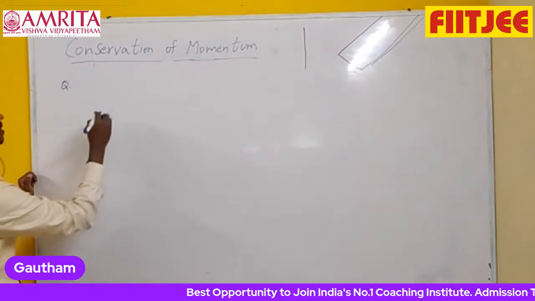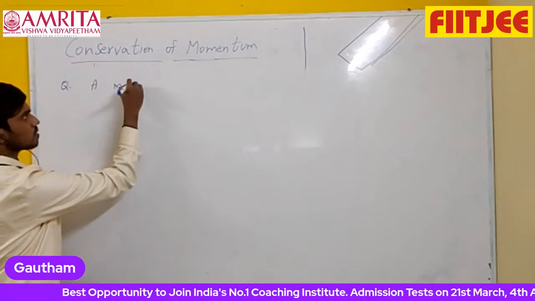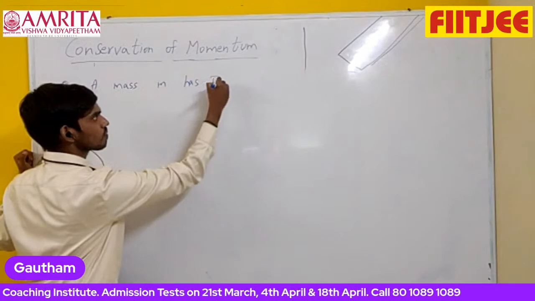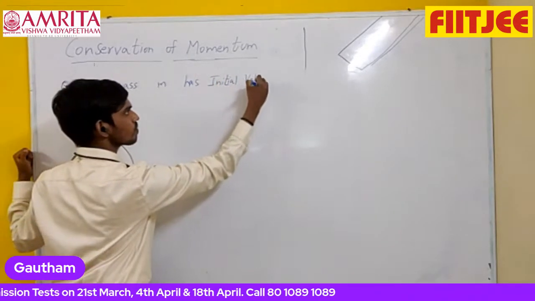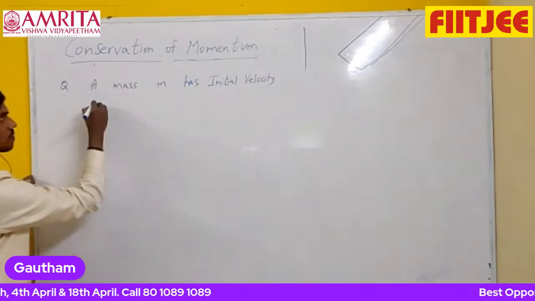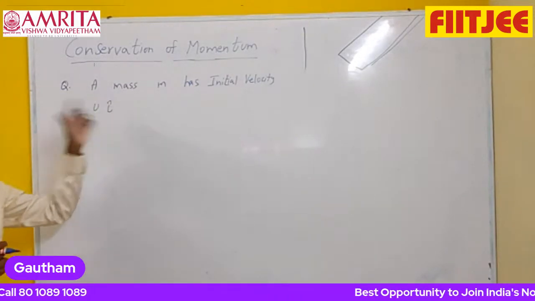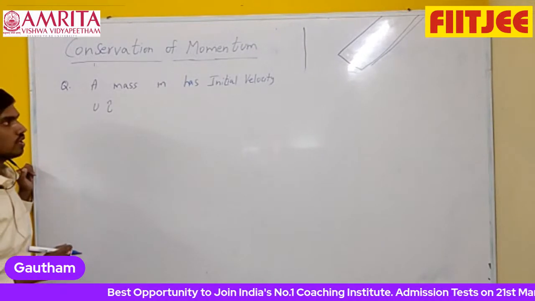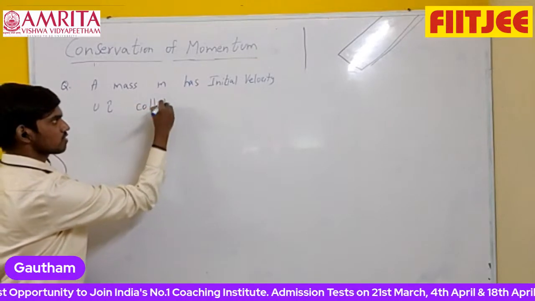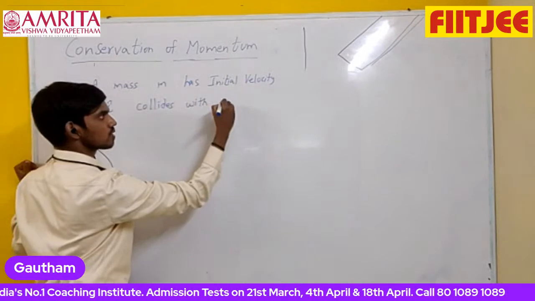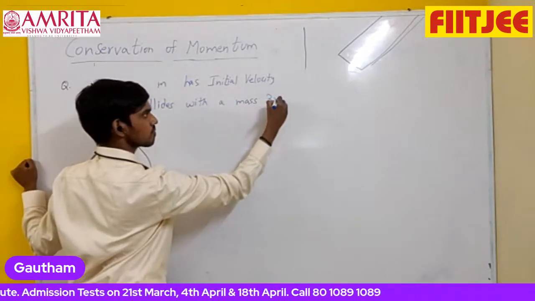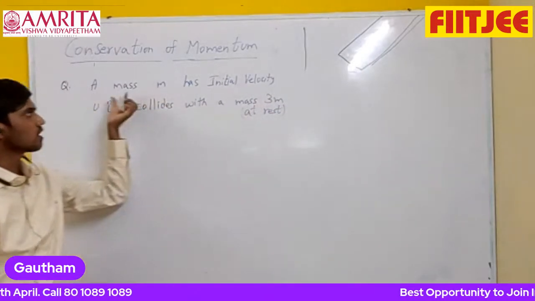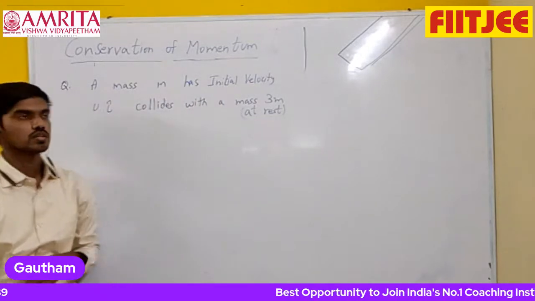So now the question. A mass m has initial velocity u y cap. They have already given it in vector form. So here we don't need to assume the direction separately, it is already given. So this collides with the mass 3m, which is initially at rest. So initially the 3m mass is at rest, the m mass has some velocity, and it goes and collides with this body,